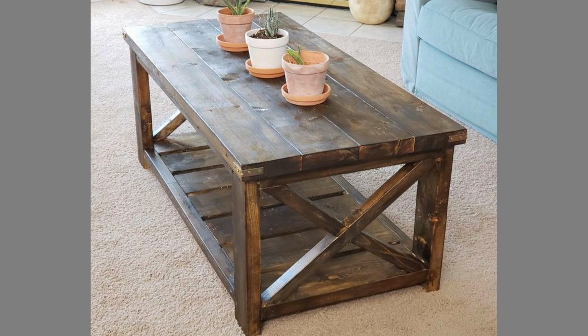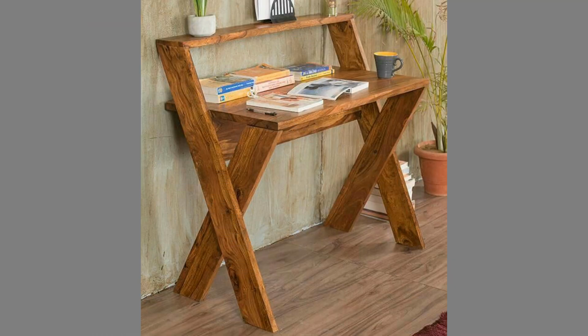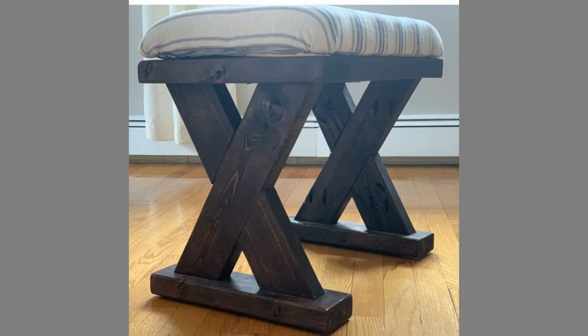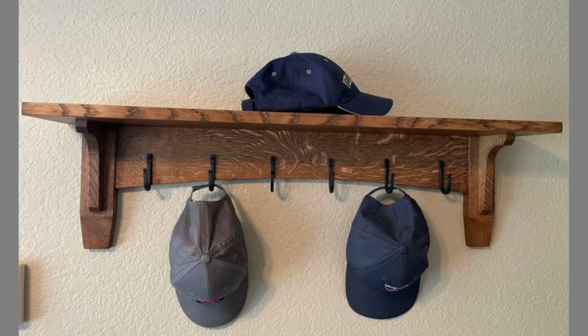Have you ever tried to compare rustic wood furniture with other types? Comparing rustic wood furniture with other types of wood furniture reveals a rich tapestry of styles, materials, and philosophies that cater to different tastes and needs. Each style has its unique characteristics, benefits, and aesthetic appeal, contributing to the diverse landscape of home decor. Understanding these differences can help individuals make informed choices about their furniture, ultimately enhancing their living spaces and reflecting their